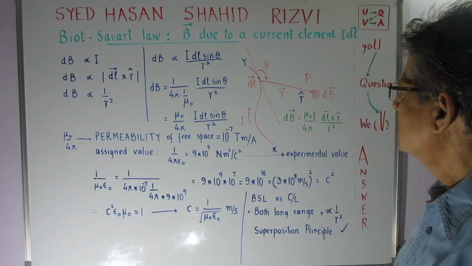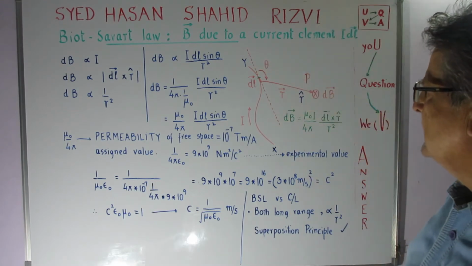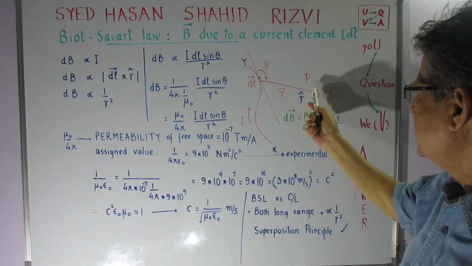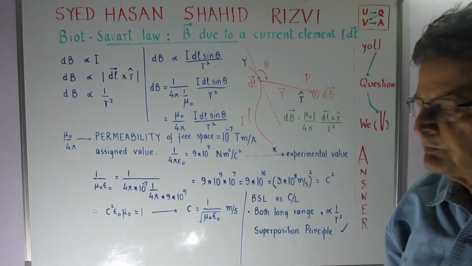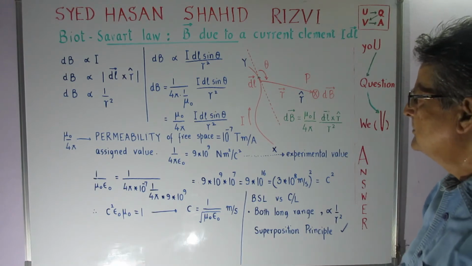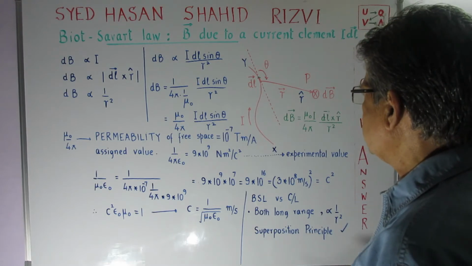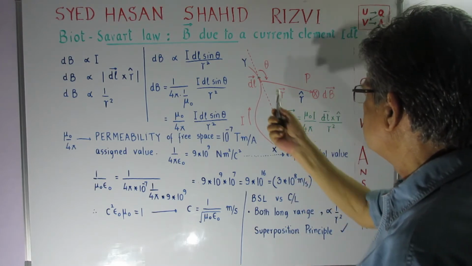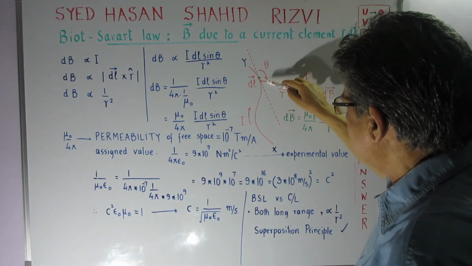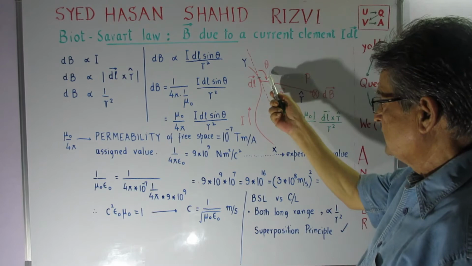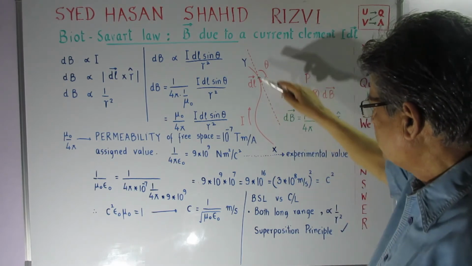Why? Because I've just shown that theta is the angle that this second vector R makes with the first vector DL. In fact, if you look at it, there is another angle that this R makes with this DL element, and that is this angle. Okay, this is less than 180 degrees as shown over here,